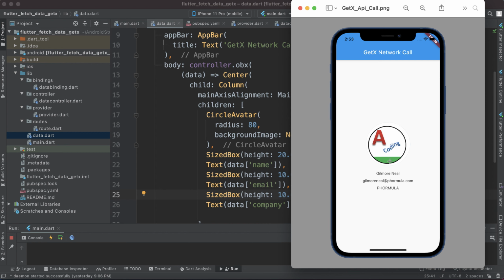But in a general scenario, we will be displaying the data with the help of a list view. So how will we make use of this data and populate it into a list view? We will see that in this particular tutorial. If you have skipped our previous tutorial, I request you to go through it, because this one is a continuation of that. So let's get started.